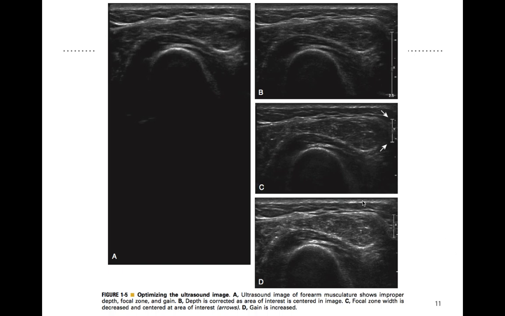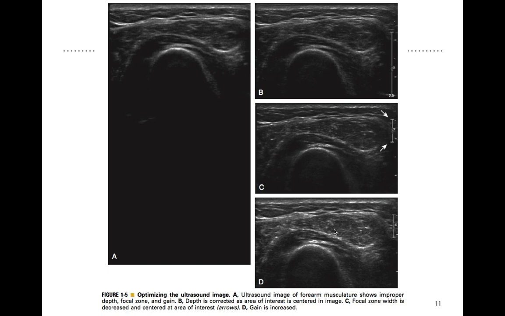As shown in this image, in A we are just getting an image. In B, we correct the depth, making sure the area of interest is in the center of the image. In C, the focal zone, seen on the side, is adjusted to the site of the injection. And in D, gain: we are increasing the gain of the ultrasound coming back so that we can see it more clearly; it becomes brighter. We have to adjust it, and it should not be beyond a limit, because if the gain is too much, it will be difficult to differentiate